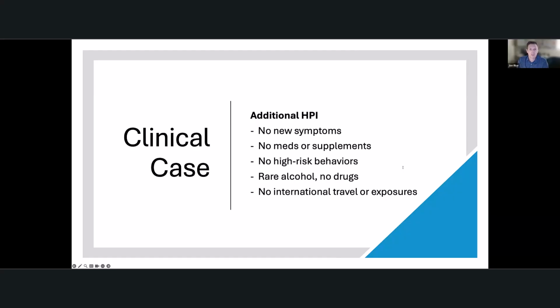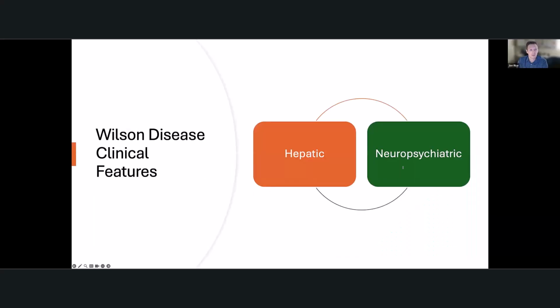And so we have a patient now with some elevated liver tests. Nothing's really coming back from an HPI standpoint. If we were thinking about Wilson's disease, what other things should we be thinking about? It's hard because, as I said, Wilson's disease has a large spectrum of presentations and can be a mimicker of a lot of different things. So, putting it in two main big buckets, the presentations are specifically hepatic and